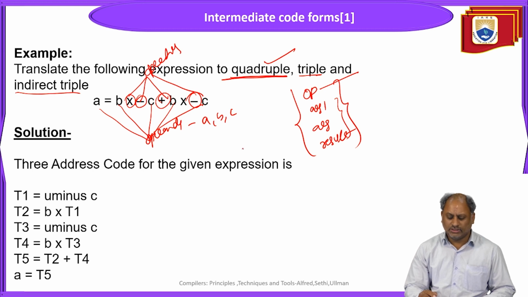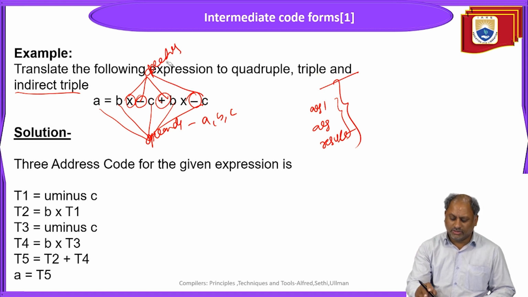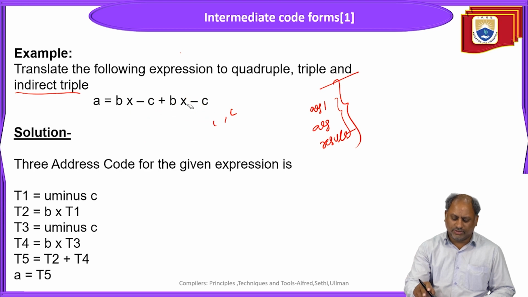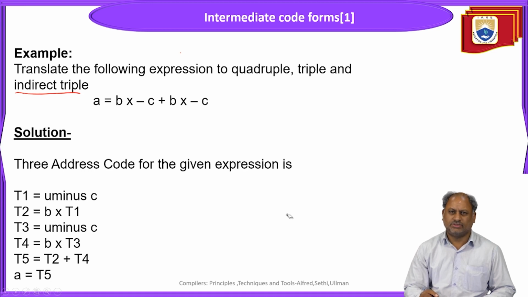Like this here in this example. That's why we have to translate the given expression into a 3 address code notation, the first representation, that is quadruple representation. So whenever you identify more operands and operators compared to the given syntax structure, then we have to break down that expression into further smaller expressions. So for example here,